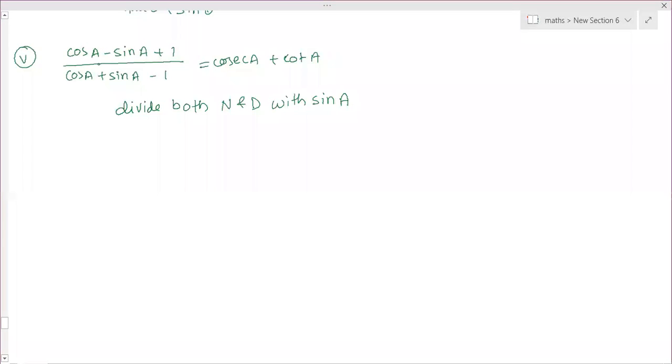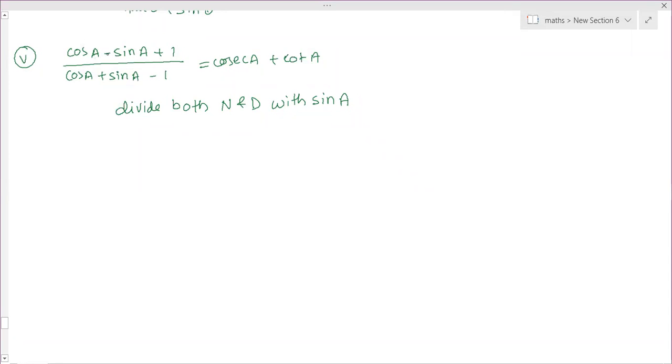Because there is no simplification for sine and cos. Therefore, whenever you get this kind of question, this is a trinomial with sine and cos, or sec and tan, or cosec and cot. You will get equations like this. We will solve these: 4, 6, 4, 5. There are 3, 4 questions of a similar kind.